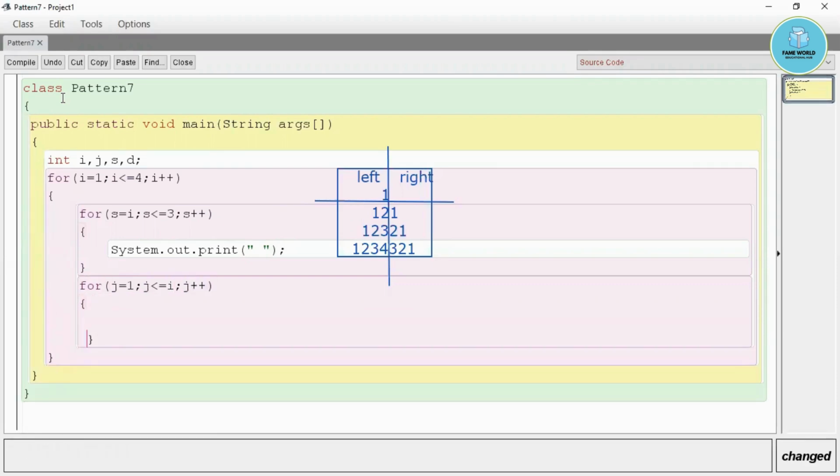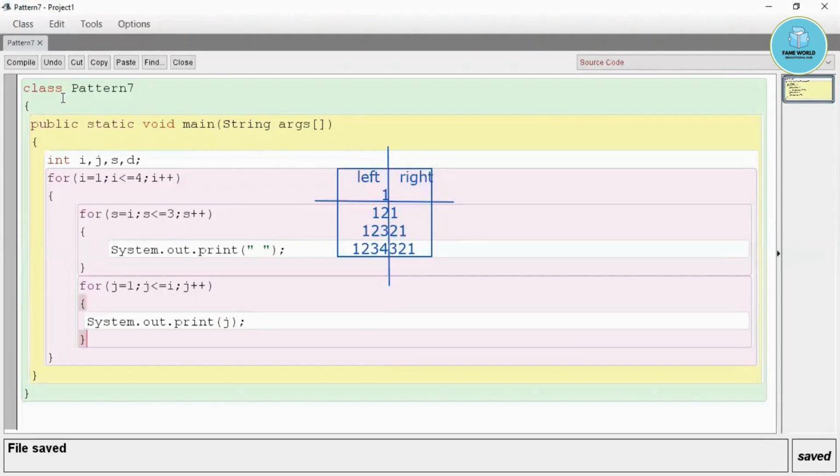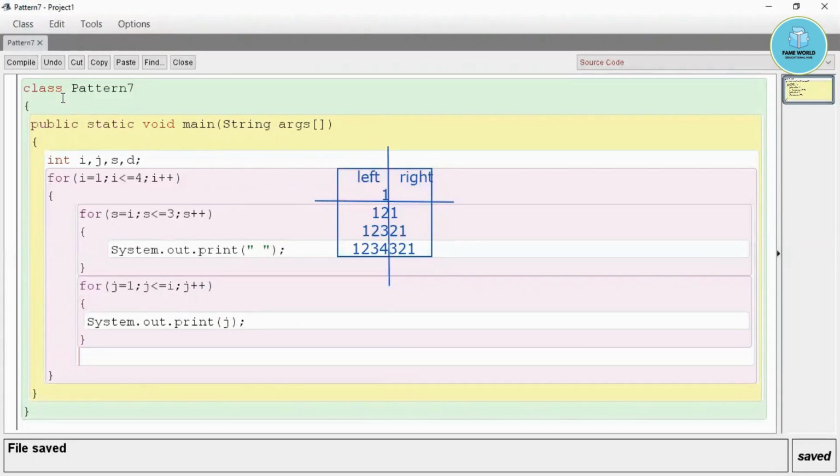So this time I'm going to print, with system.out.print, the value of j.